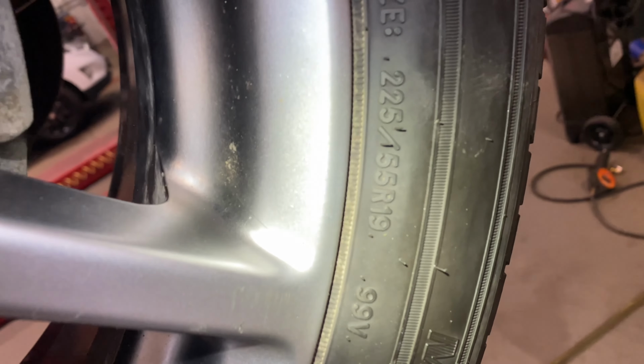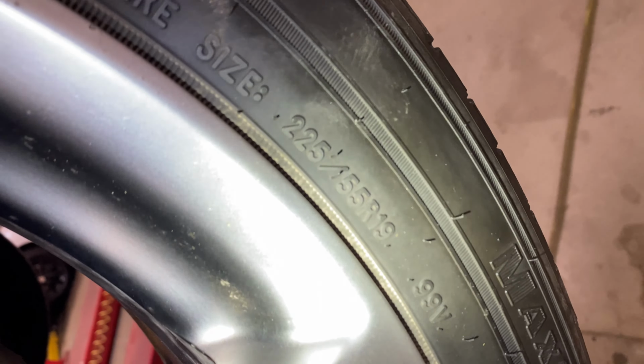And your tire size should be on the sidewall. It'll look something like that. This one's 225/50 R19, so